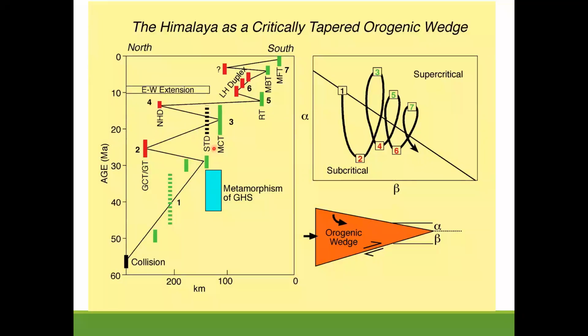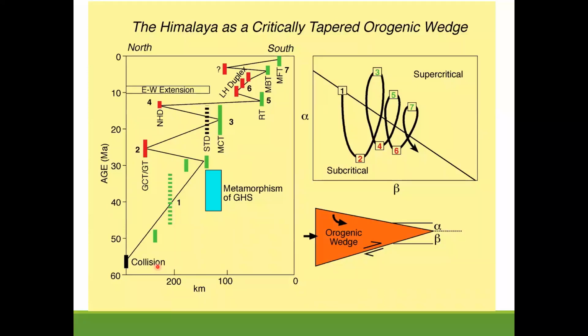So even if there was a channel, it was operating within the large realm, or large control, of your critical wedge theory. In fact, there are papers which say that this out-of-sequence deformation was known to structural geologists much before it became famous in the Himalaya. It's part of any mountain belt you go and see. But it became famous in the Himalaya because there was this hypothesis that out-of-sequence deformation in the Himalaya was actually controlled only by channel flow.